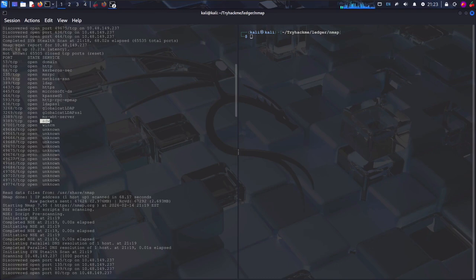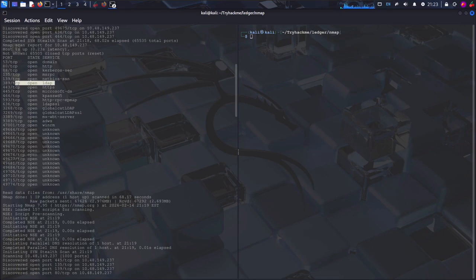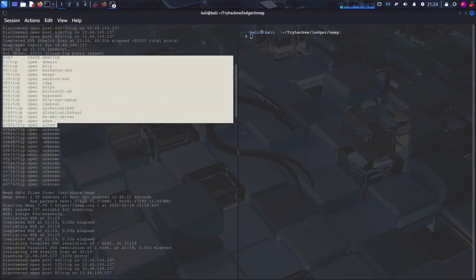ADS, not quite sure what this is. 3389 is going to be RDP, I believe. This is your LDAPS over SSL. 389 is mostly the legacy one that you're going to be seeing all the time. So I'm going to copy from here up,